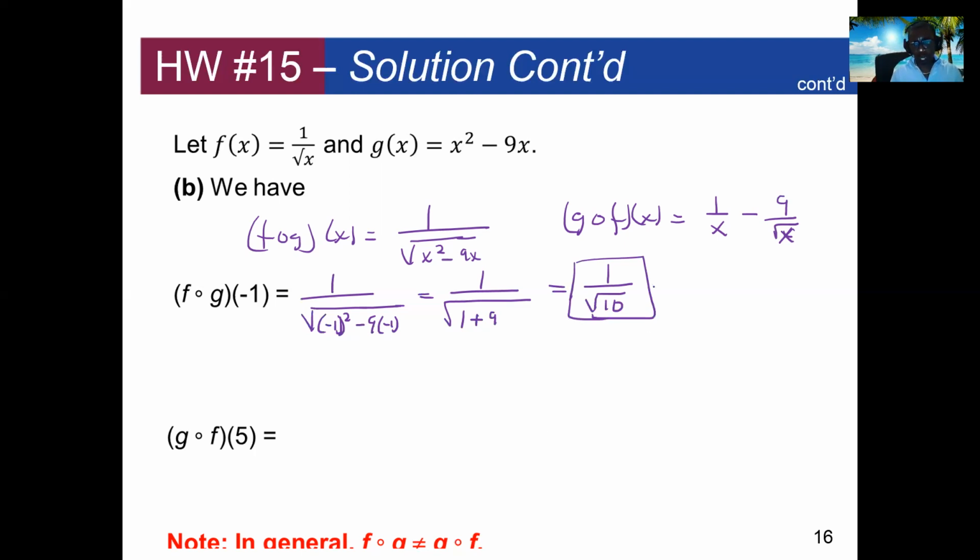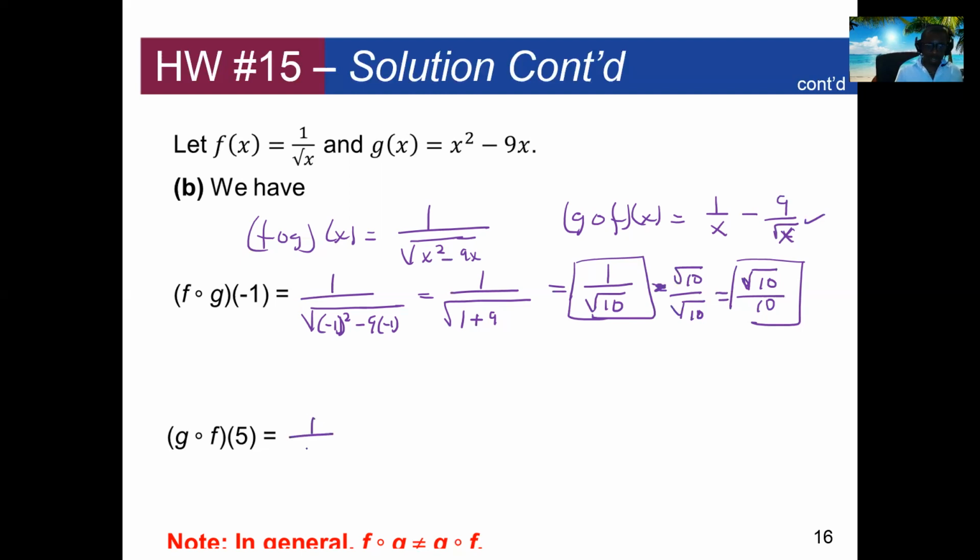Or if you want to change it to radical, you multiply the top by square root of 10 and divide by square root of 10. That gives you the square root of 10, and then square root of 10 times square root of 10 is 10. So either you have 1 over square root of 10 or square root of 10 over 10, which is the same thing. Now, for the other one, this composite function, when x is 5,